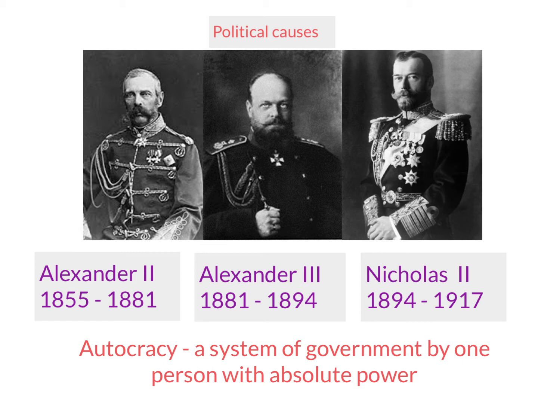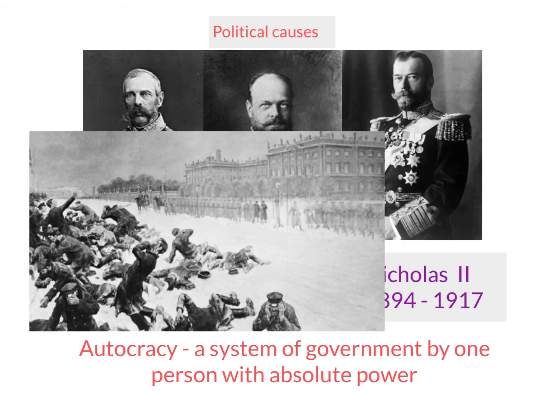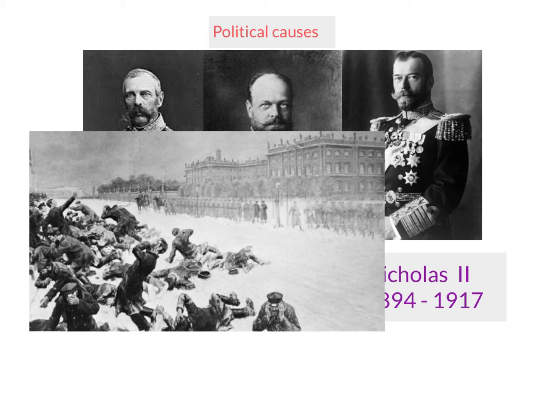There was a real belief amongst the peasants in Russia that the Tsar ultimately was there to protect them, and even if the Tsar's advisors were causing problems for them, if they could only contact the Tsar, he would be there for them. So with Nicholas II, people really believed in this idea of a paternal Tsar, someone who would intervene for them. So in January 1905, the people of Russia, or some people in Russia, turned up outside the Winter Palace,